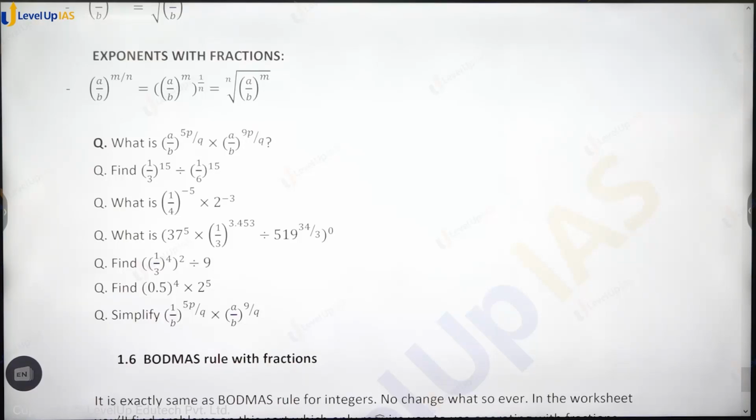Please solve the worksheets. If you face any problem in any of the worksheet questions, we can discuss it. The worksheet and its solutions are already uploaded. Solutions, I mean answers. The answer key has been uploaded, not the detailed solution. If you face any problem,